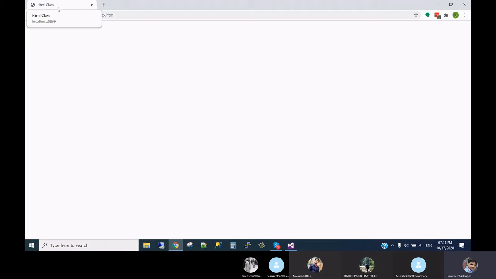But this also can be moved, or it can rotate also. You can add your own image, like one favicon. It is called a favicon icon. So you can add an icon here also. The default is the internet icon, but you can give your website icon, or anything. So that also can be done here.